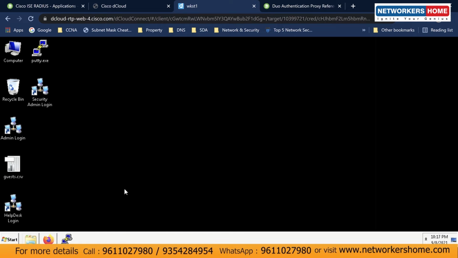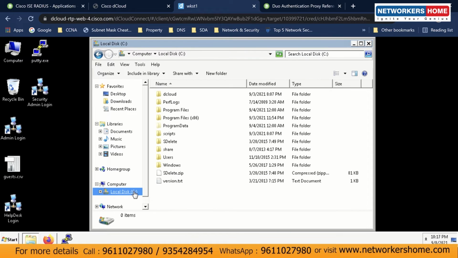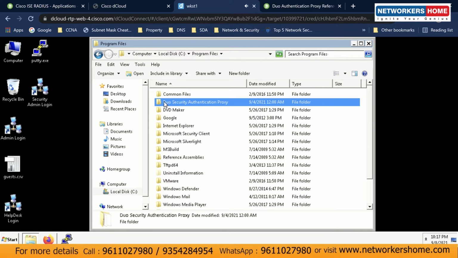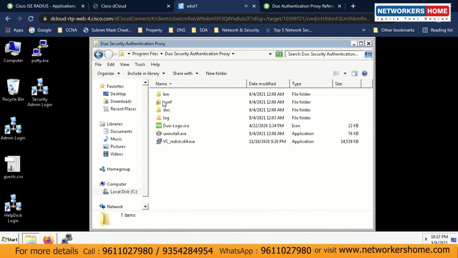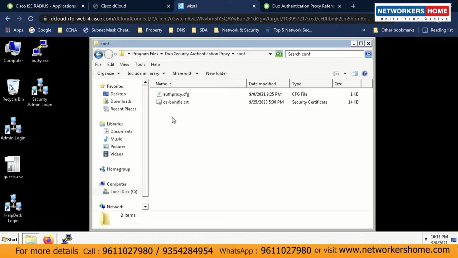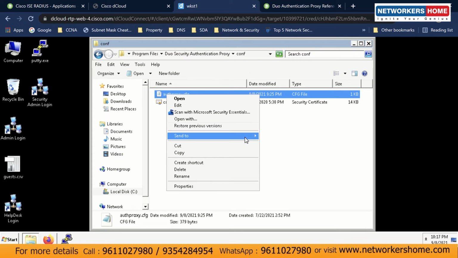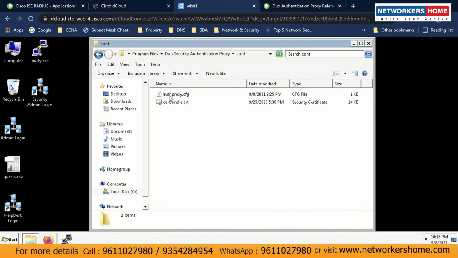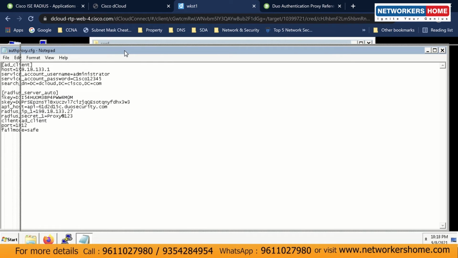After installing, if you check the C drive, Program Files (x86), there will be a Duo Security Authentication Proxy folder present after the successful installation. The installation asks for no parameters. You just have to click on next and install it. Go to this configuration file, and make sure you have sufficient privileges to enter this folder. If you can see a lock icon, it specifies that it needs escalation of privileges. Open the authproxy.cfg file with Notepad, because the Windows machine will not identify the .cfg extension. So open it with Notepad, and as we saw,